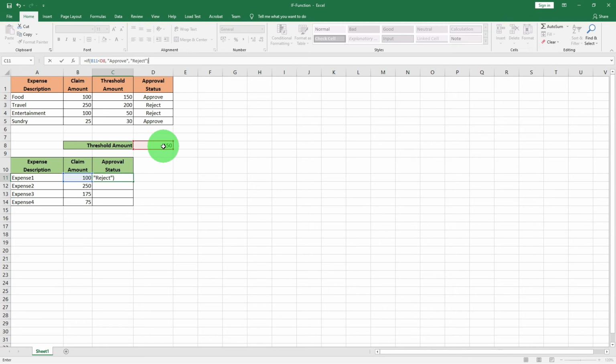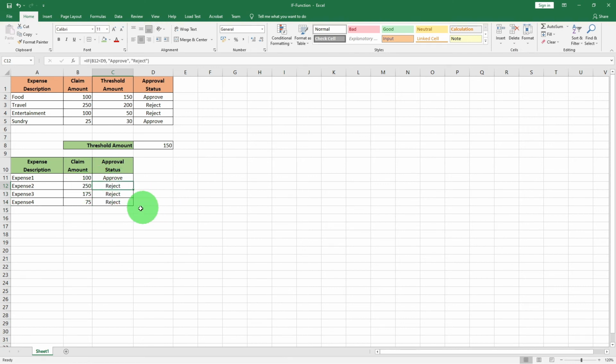Bracket close, and if I press enter here, see it has done, approved, because the claim amount is less than the threshold amount. So if I just Control C, copy, and paste the formula in the remaining cells, Control V,